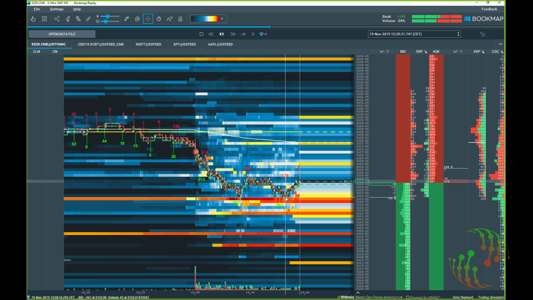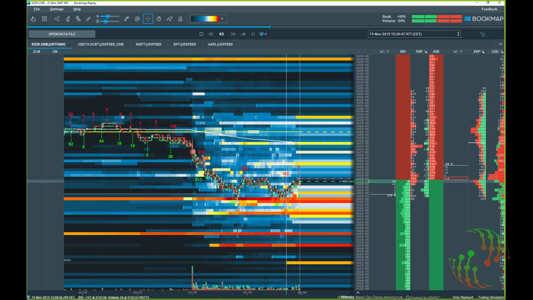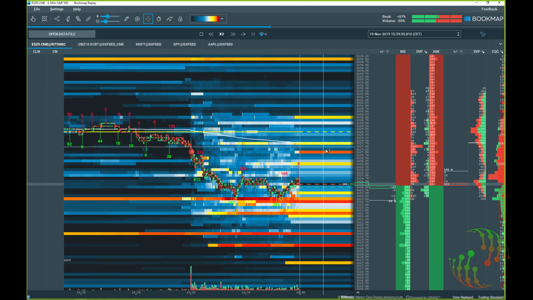So yes, it was because we have an indication, we have a good support here. We have a pressure up on the delta. Everything was working in our favor at that point here. And you see that we are in green. Everything is fine. And the next level,